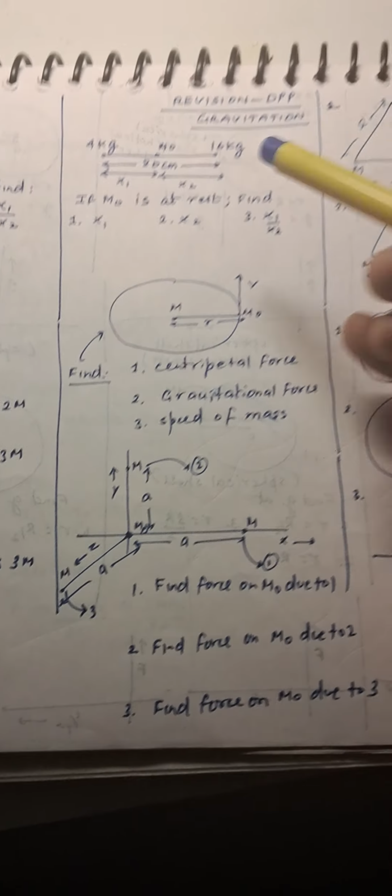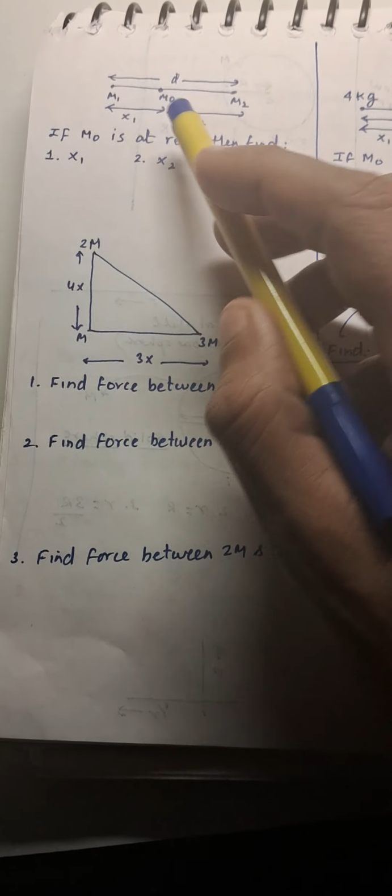Then there is another worksheet, or the revision DPP, which combines certain topics of gravitation. So the first topic here is 2